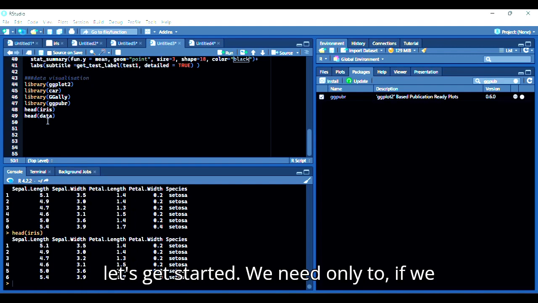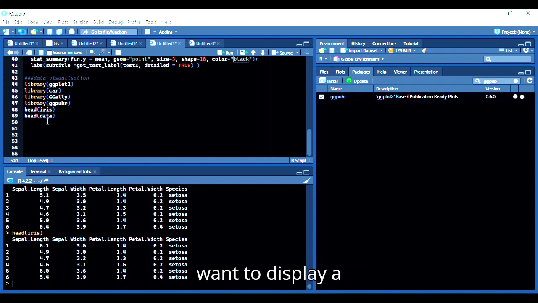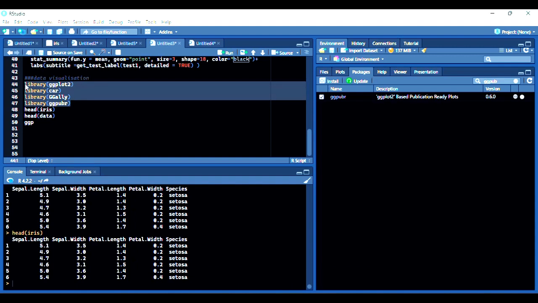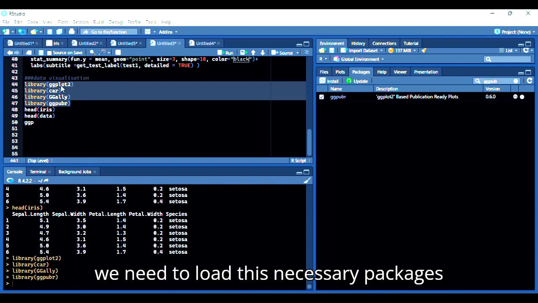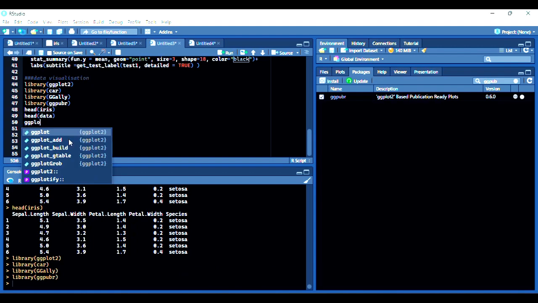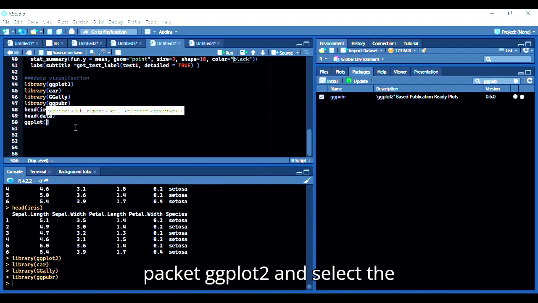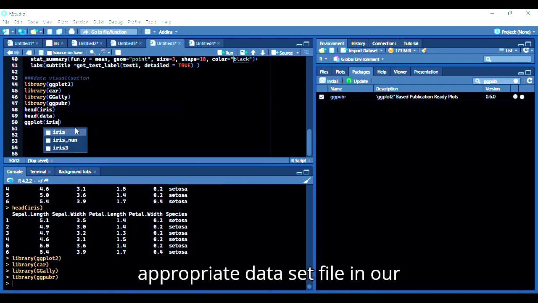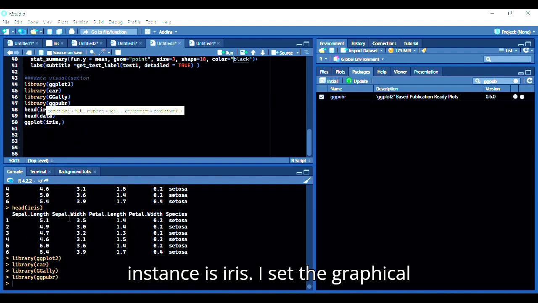So let's get started. If we want to display a box plot, we need only to use ggplot. Before writing the command, we need to load the necessary packages and then write the ggplot function from package ggplot2 and select the appropriate dataset file. In our instance it is iris, aes, aesthetic graphical,